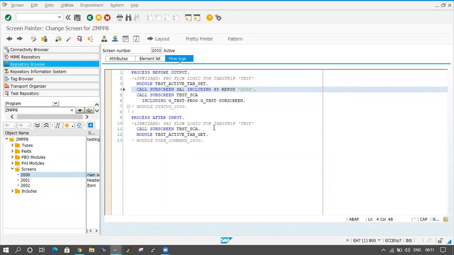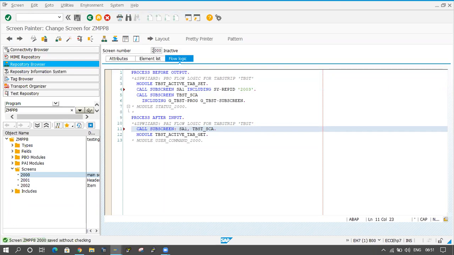Now here also, I'm just calling the subscreen area here. Now save this one. Now automatically that subscreen will come here. That subscreen 2003 will come in this main screen, in the place where the subscreen area is. It will display there.